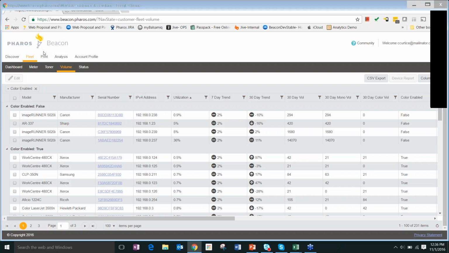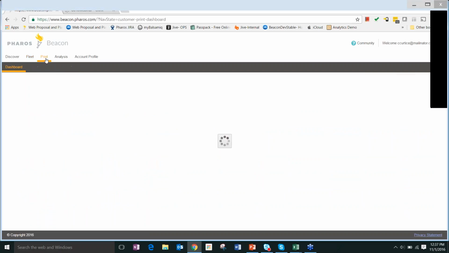So having access to the location of these devices, their utilization, you can make intelligent decisions on devices that are in close proximity to these that you can migrate volume to. So essentially the act of removing devices and aggregating volume to remaining devices will have a big impact on your user-to-device ratio and allow you to set a target and drive up to that. I mentioned in Print Analytics we have